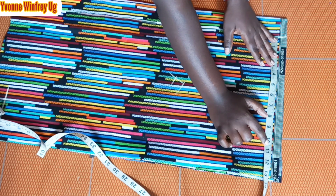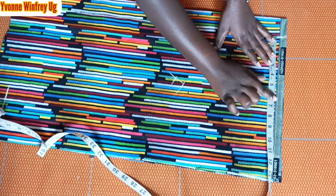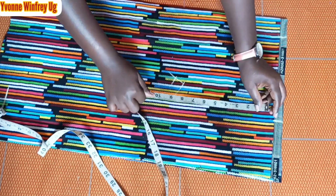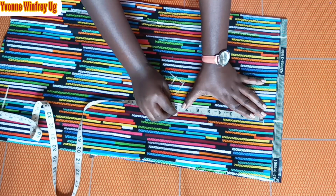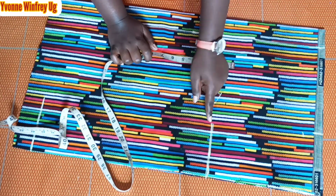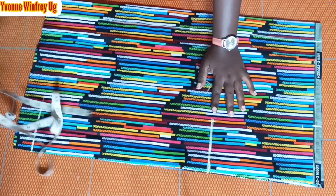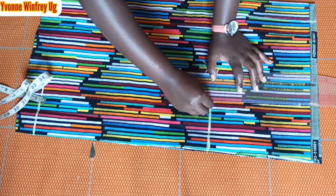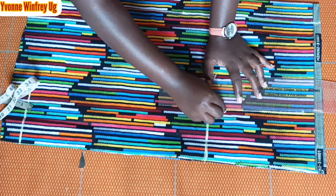So starting from that button allowance where it stops, I'm marking half of the shoulder measurement plus the joining allowance of the sleeve onto this shirt, and I go down by 1 inch for the shoulder slant, and from that 1 inch I also go down by 8 inches to mark the chest line. That is the armhole depth. So whatever I have at the shoulder has to be parallel to where the armhole depth ends along this chest line. So right away I just connect with a straight line,